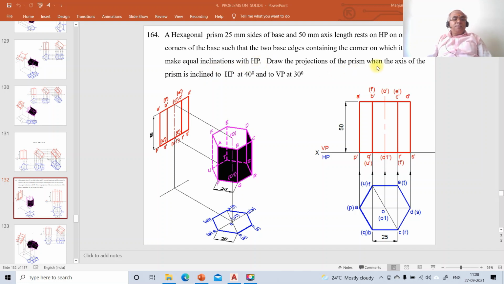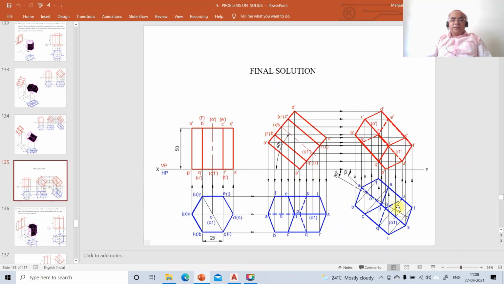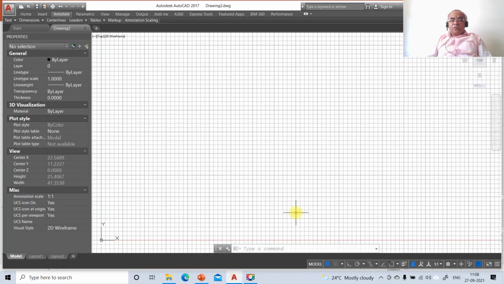Draw the projections of the prism when the axis of the prism is inclined to HP at 40 degrees and to VP at 30 degrees. So how to solve this problem? By using AutoCAD software. To do that, first we'll go to the AutoCAD screen and